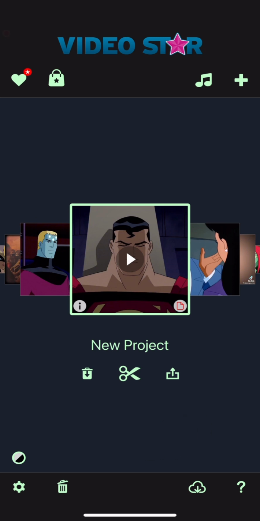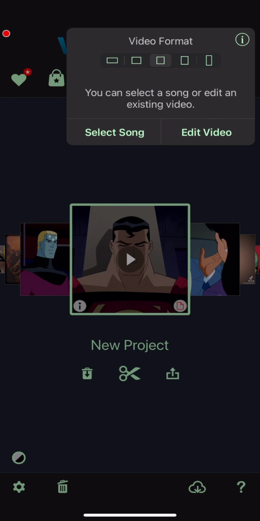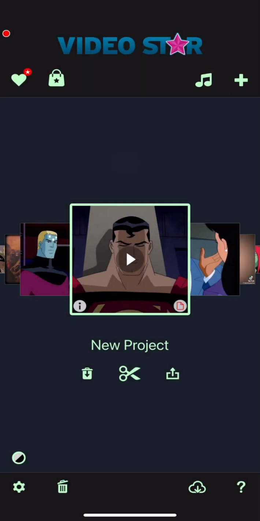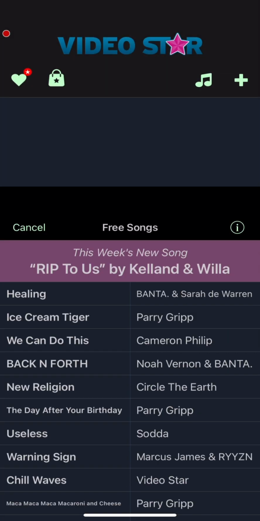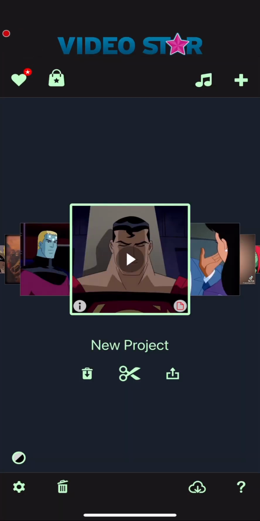Moving on to the top right, you will see these two icons, the music icon and the plus icon. I won't be doing the music one, but the plus icon is basically where you import your edit or your audio. By selecting audio, you are only importing the audio, which I don't really like because I would just rather edit over a video that already has the beats added to it because it's just a lot easier to me,